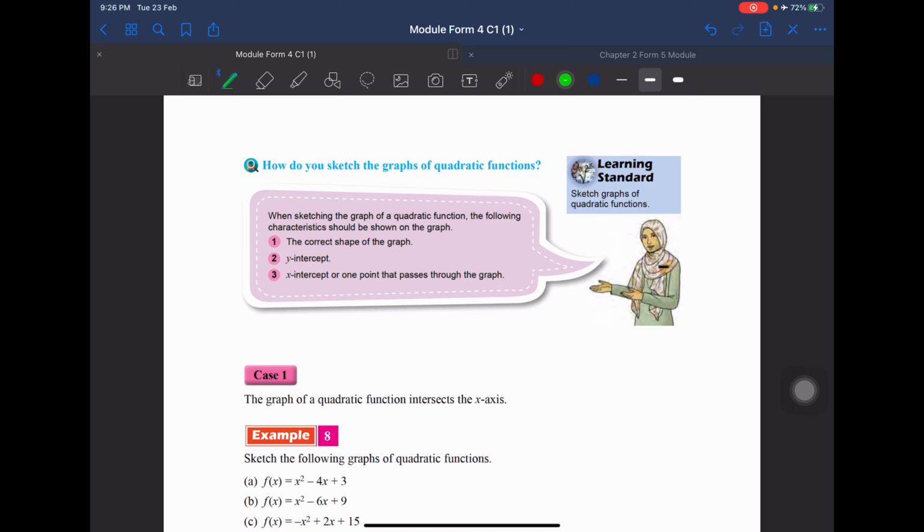Okay. Seterusnya kita akan belajar macam mana nak melukis graf. Okay, so please take a look over here. When sketching the graph of a quadratic function, the following characteristics should be shown on the graph. Okay, the first one is the correct shape of the graph. Okay, so senyum ataupun masam. Next, kena nampak y-intercept. And then the third one is x-intercept or one point that passes through the graph. Okay, so jangan risau, saya akan tunjuk